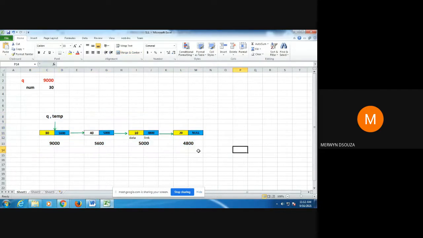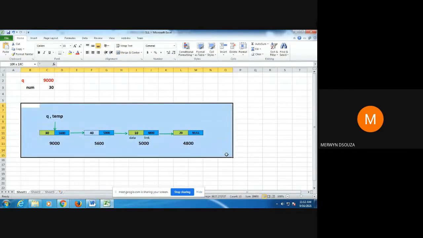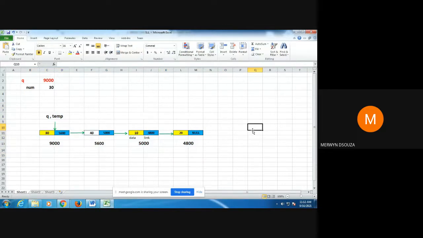In this diagram presently, when you are deleting the first node of your single linked list, in that situation, 2 pointers will be present at that first node. Names may be something else, any names could be present, but there will always be 2 pointers. In this example, the 2 pointers are q and temp. We know that q always points to the first node and the value of q is equal to 9000.